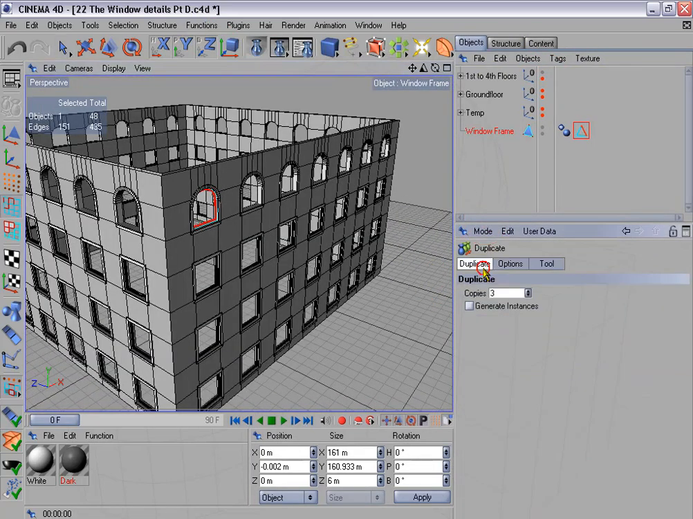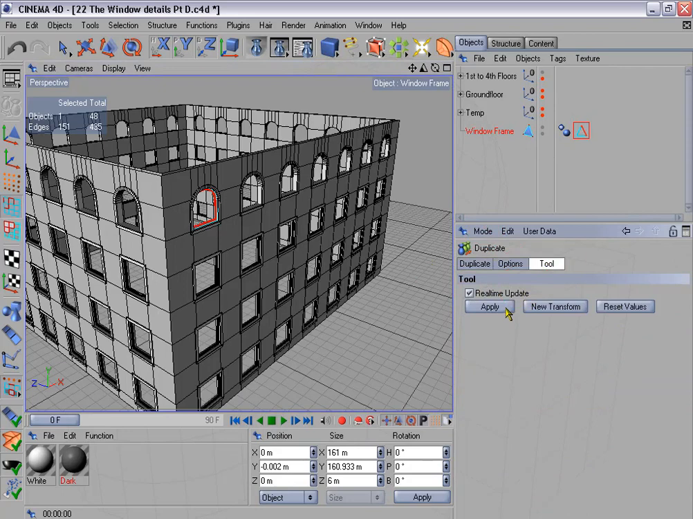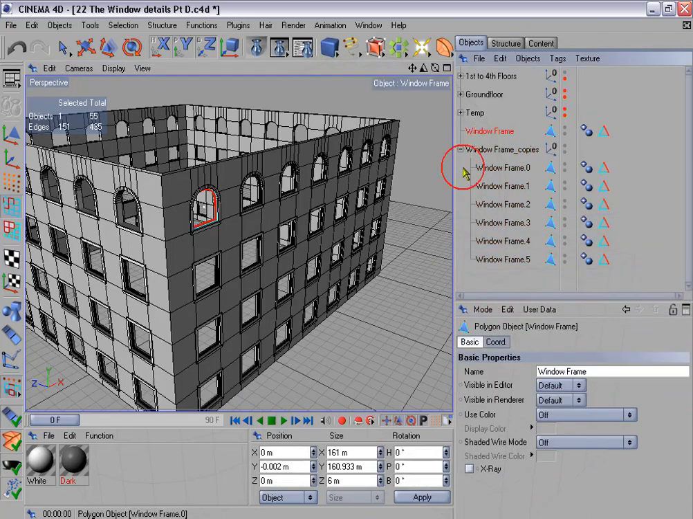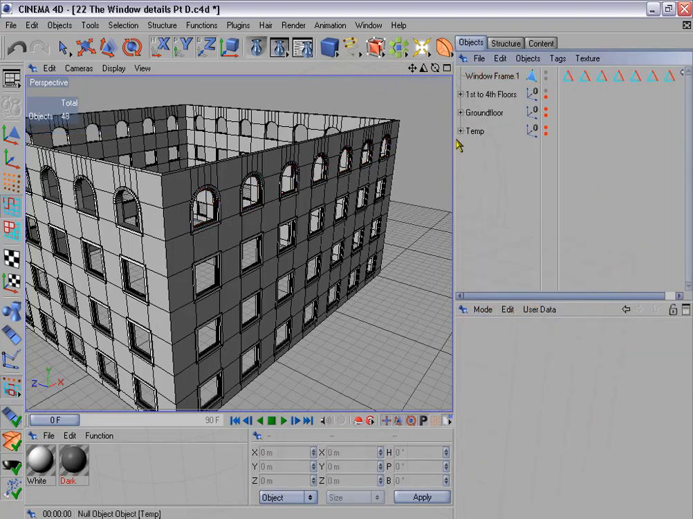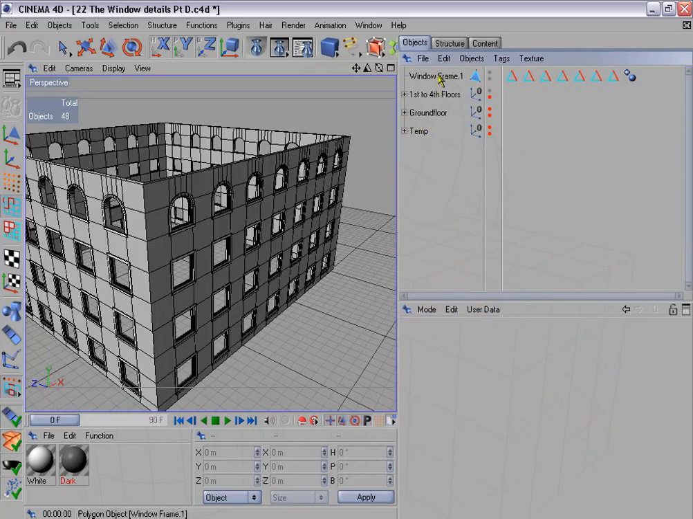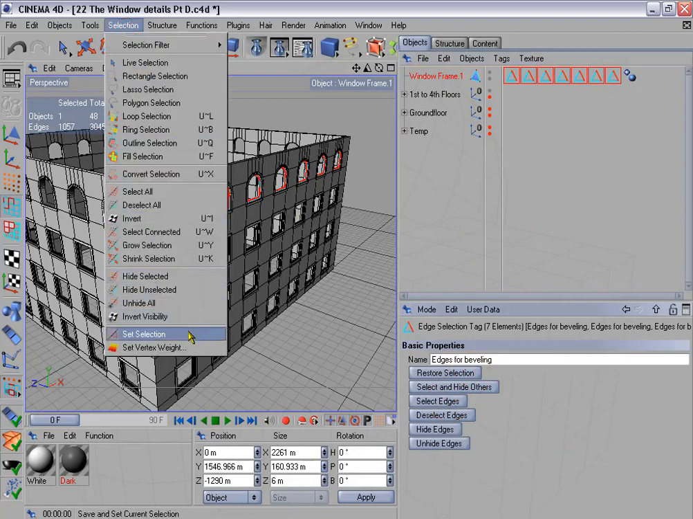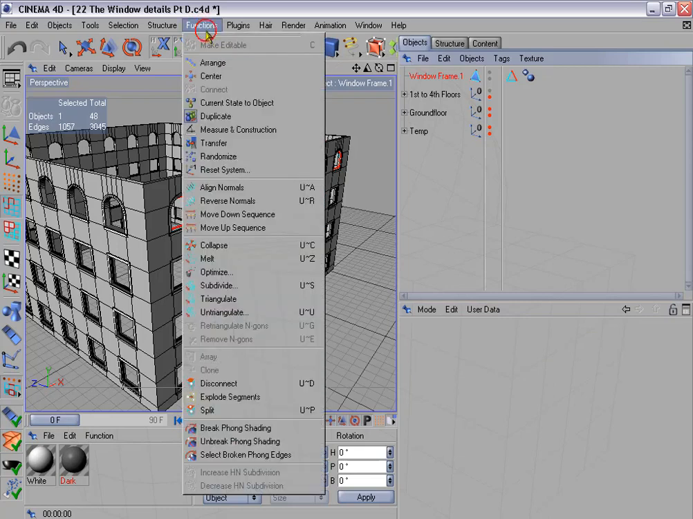And again, we need 6 copies. Enable movement on the x-axis and deactivate rotation. Apply these settings and connect these frames. Delete these objects and select this one and the tags, restore selection, select edges and set the selection, delete these tags and duplicate